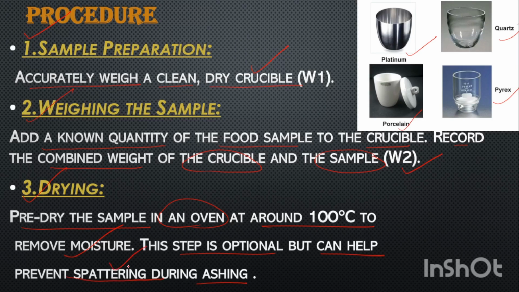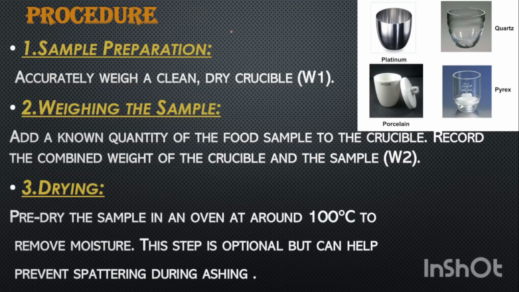Spattering means small drops of liquid, especially noisy when they spatter. Samples are usually 1 to 10 grams, and solid foods are finely ground and carefully mixed. Before ash analysis, samples high in moisture are dried to prevent spattering. Samples high in fat content are defatted by solvent extraction, which facilitates the release of moisture and prevents spattering. Avoid contamination of samples by minerals in grinders, glassware or crucibles.